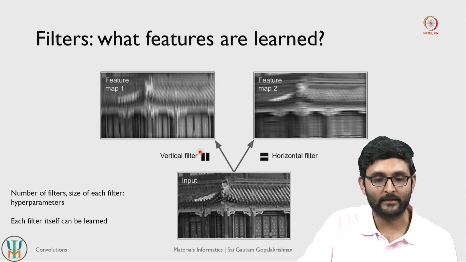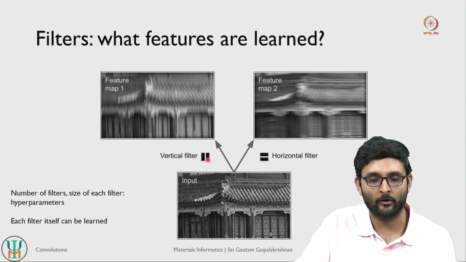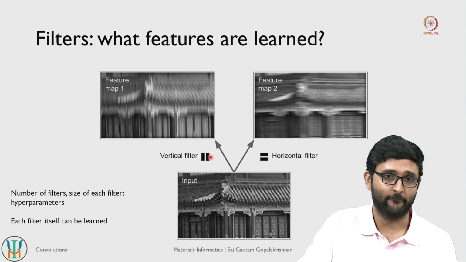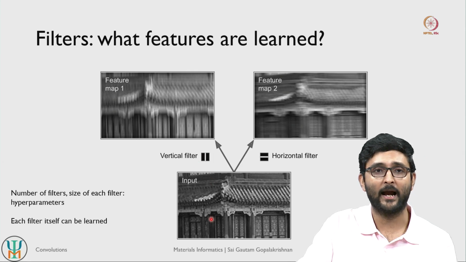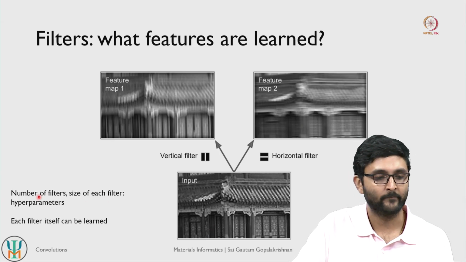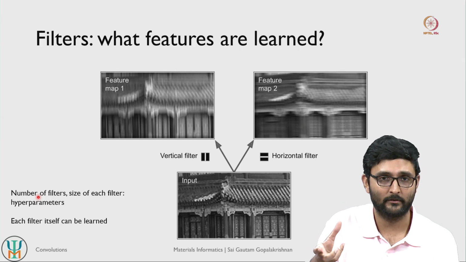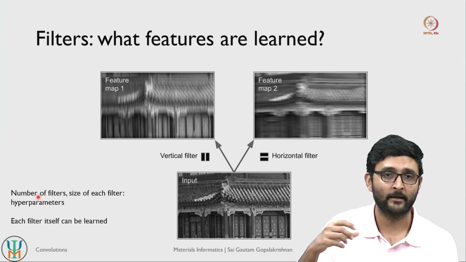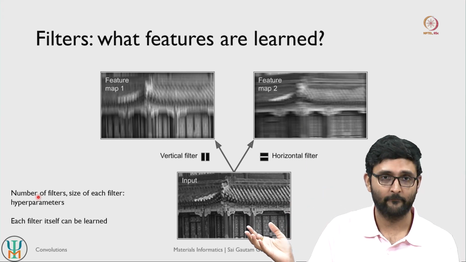And then there is the size of each filter. You see that each filter is a very small patch of pixels, right. So this is maybe a 2 by 2 pixel filter, something like that. So the size of a filter is something that we can define, right. We can define larger filters which will help us identify even larger features within a given image. But the number and the size is what we try to define in a convolutional neural network. The actual filter itself, we allow the model to learn by itself.